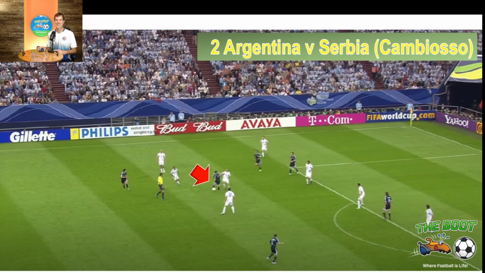Number 2, Argentina, Serbia. Now, this is one of the best buildups of any goal in World Cup history. After what seemed to be about 55 passes, and the announcer actually calling it, which was phenomenal. Then Argentina crosses the ball,